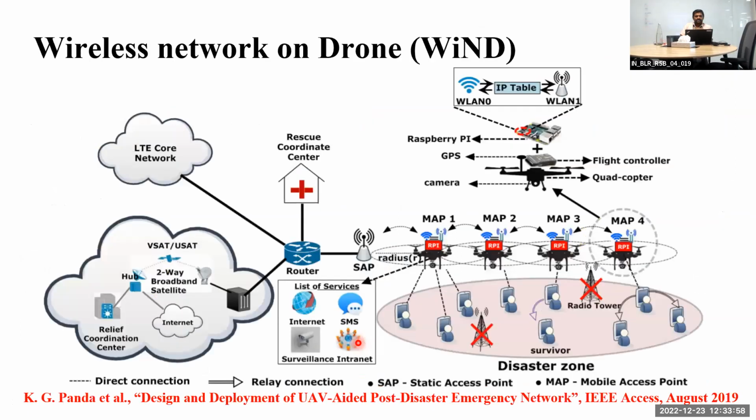Okay. Next is wireless network on drone. Just before I was telling you about the wireless network on the drone. This will be triggered during emergency time. What will happen is, the drone will just go and connect to the nearby network, wherever a cell tower is active, and it is used as a repeater kind of thing. It will act as a repeater to provide coverage to the underprivileged or disaster area, basically.